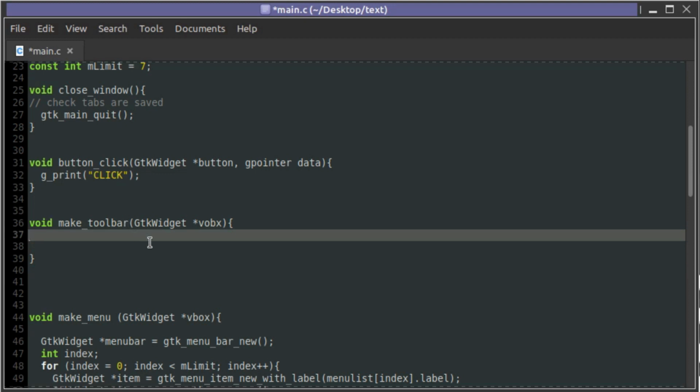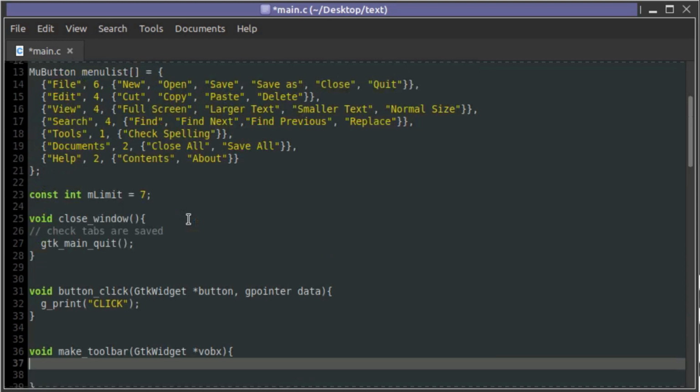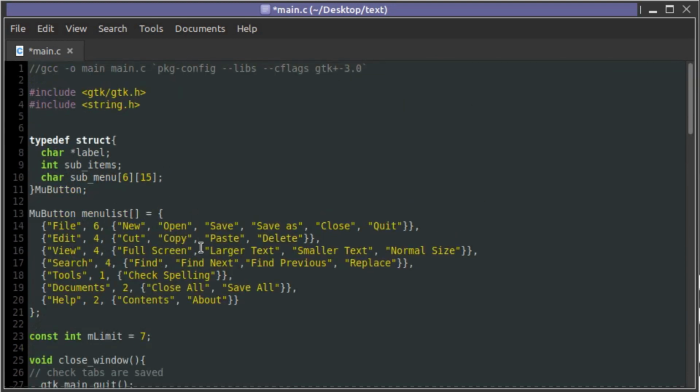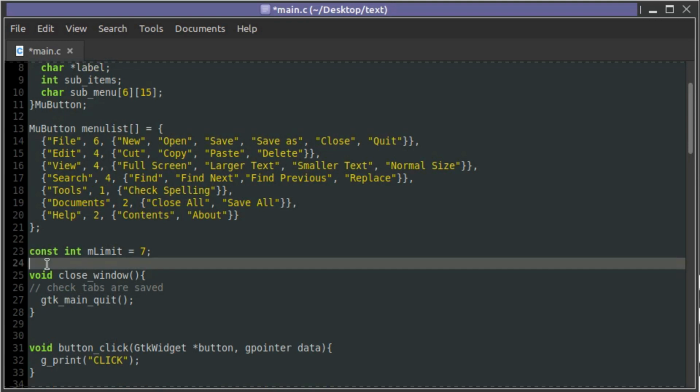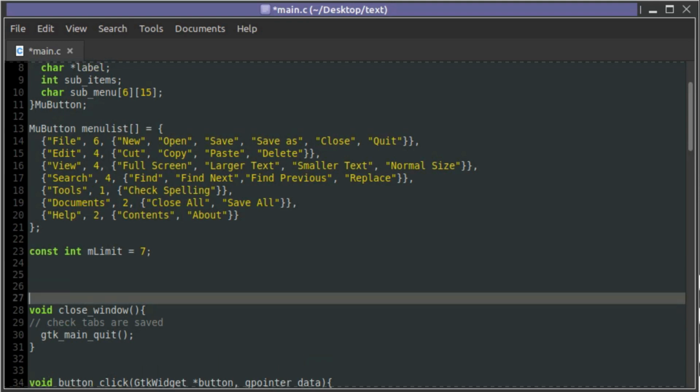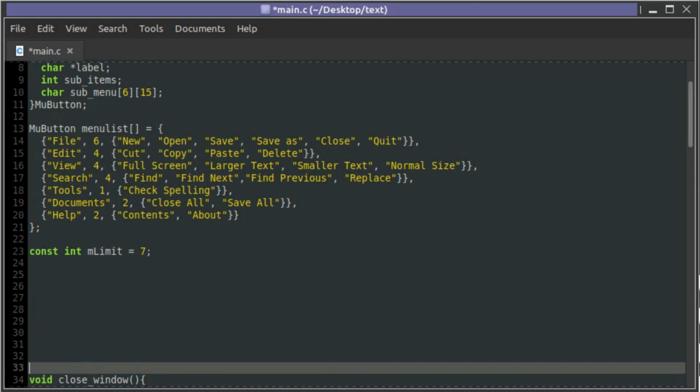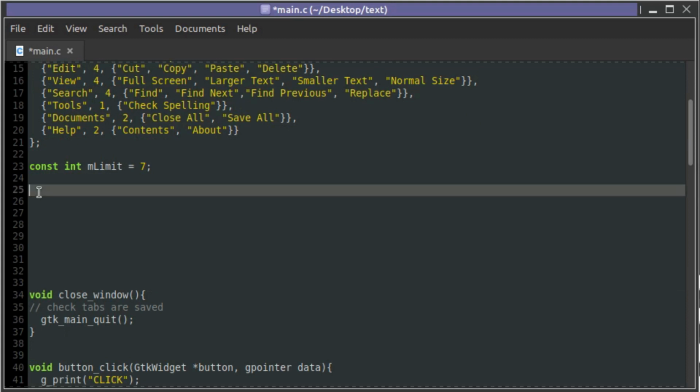Just like the menu, we're going to use a data structure. So we'll make a data structure here, and we're going to do the same thing as last time. We don't want to type out the whole array. So we're going to do a little bit of it, and then we'll copy and paste the rest of it into place rather than waste time doing that. So again, we'll define a type. So typedef struct